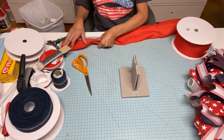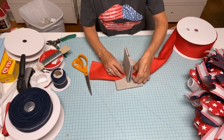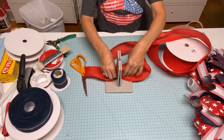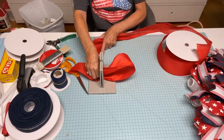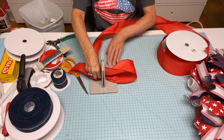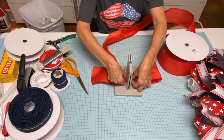I'm going to do about an 8-inch tail. Just twist. I've got to look at my little lines here so I can see how big my loops are. Let's do a 6-inch loop. I don't want anything really big up there. Fluff it up, twist,